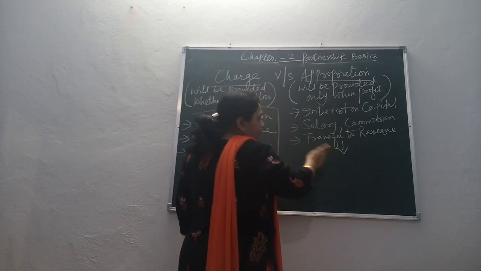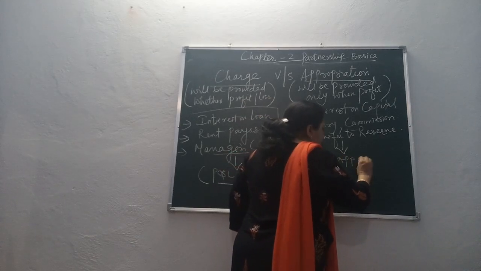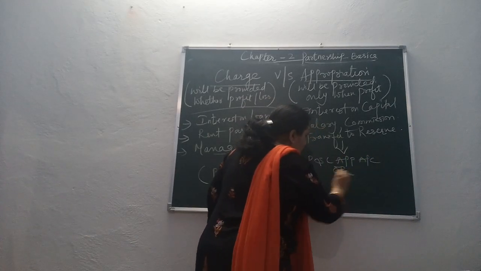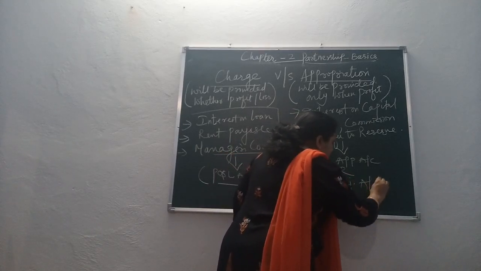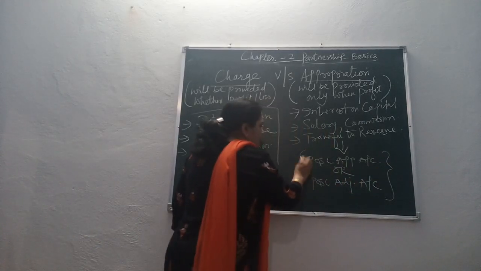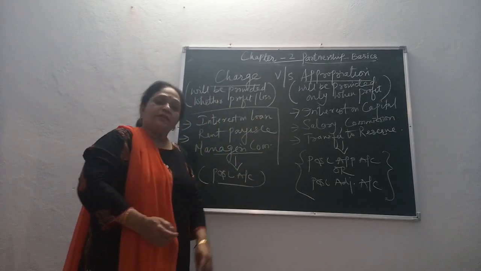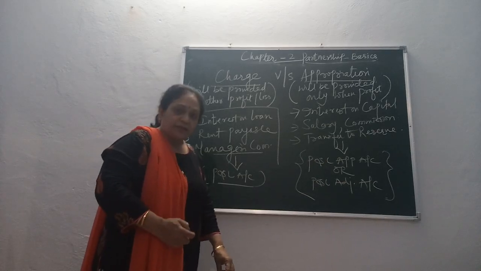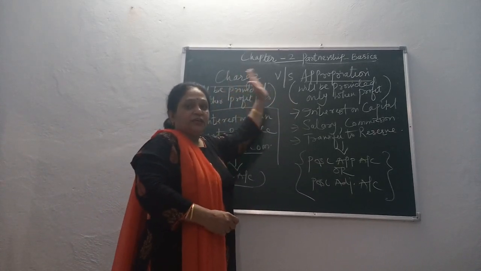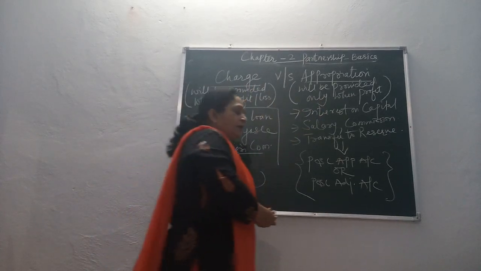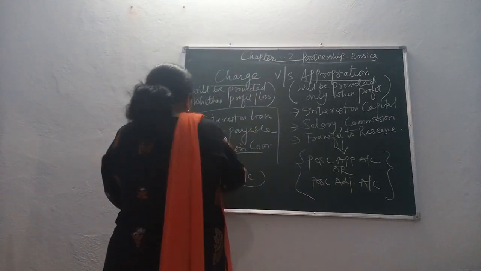When you record the appropriations, it is recorded in the profit and loss appropriation account, which is also known as the profit and loss adjustment account. There are two names provided to it, which are one and the same. So these are the two things for the charge as well as the appropriation. I think you are very clear in this concept. Okay. Then